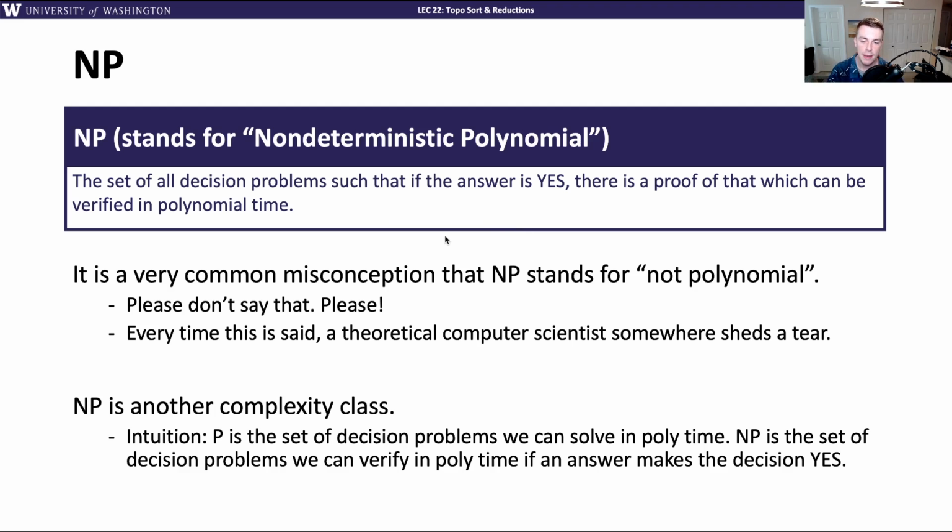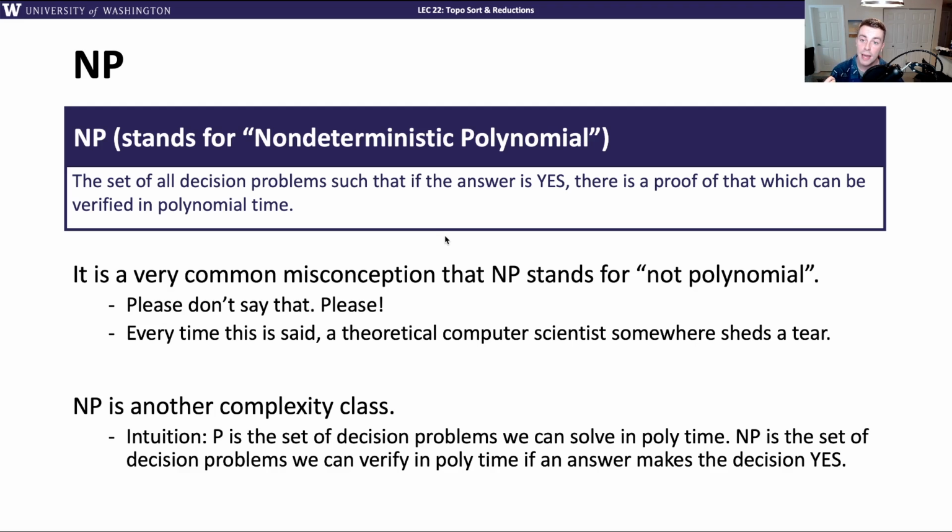Now, NP has a very weird definition, a very weird name. NP stands for non-deterministic polynomial. A very common misconception is that NP stands for "not polynomial," because P stands for polynomial. But the N does not stand for "not." It stands for non-deterministic. The set of problems in NP are exactly these "I'll know it when I see it"